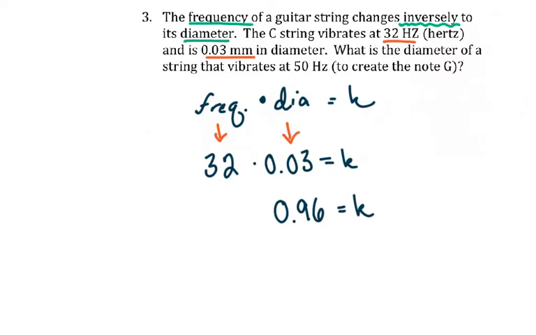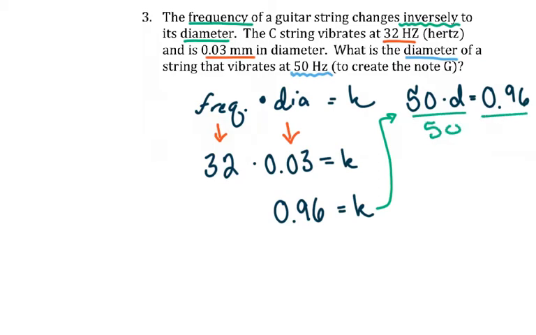So now, once we've done that, we can then ask, what's the diameter if we know the frequency? Using this same function here, frequency times diameter is equal to k, we can say frequency in our new problem is 50, the diameter is our unknown, and k we can plug in from here and say is equal to 0.96. Divide both sides by 50, and you end up with the diameter d is equal to